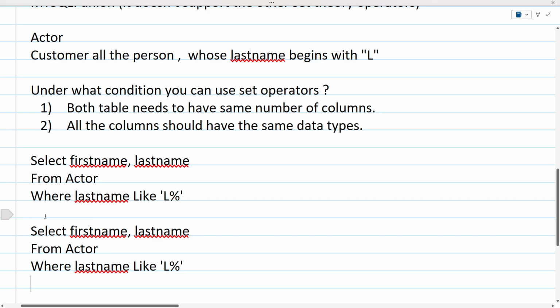And there will be a catch. So this is the customer table where I am getting the data. Now that's the catch here. So I will apply union here, and this query